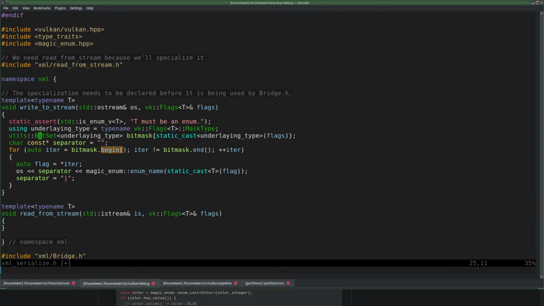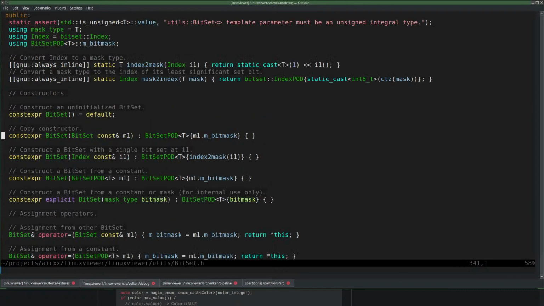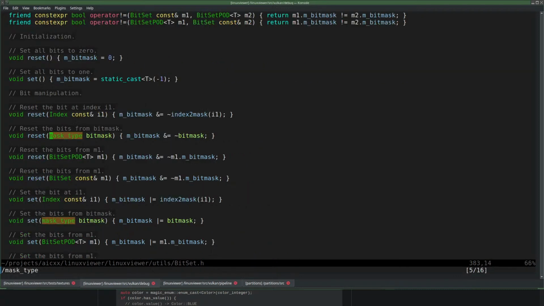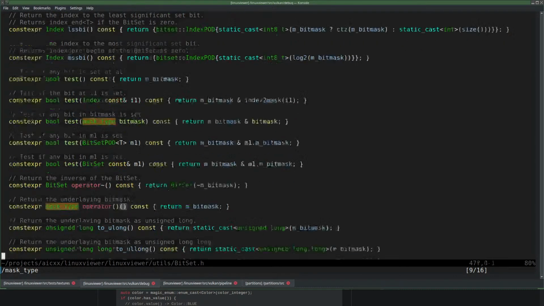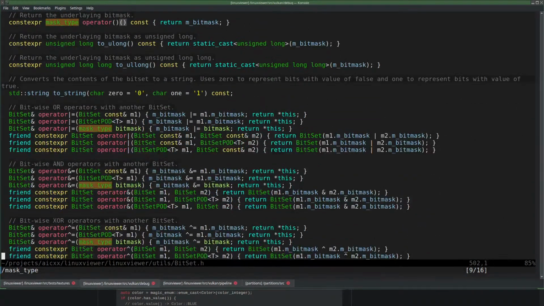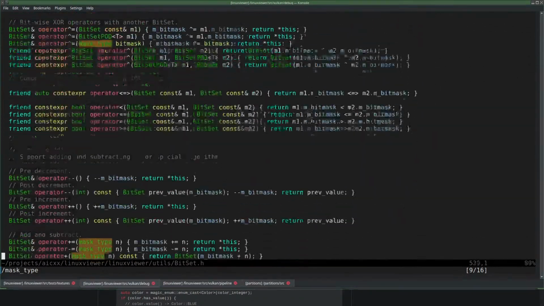Yeah, I was going to look at bit set if I could cast that to the underlying type, and if not, how. The underlying type is the mask type. And the mask type we can get back from, there it is, just operator something, parenthesis. Why am I looking for more?